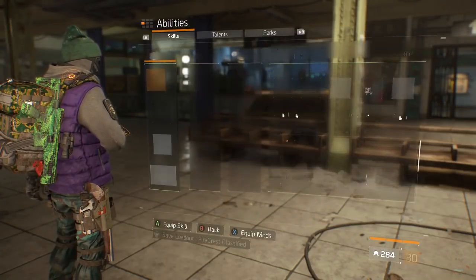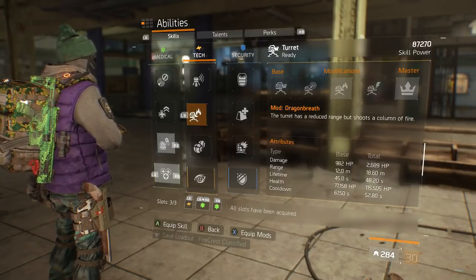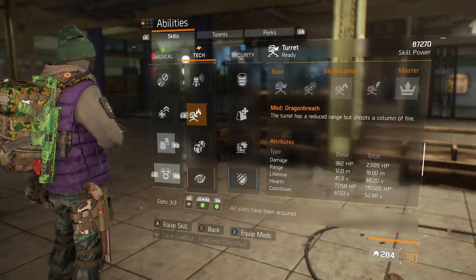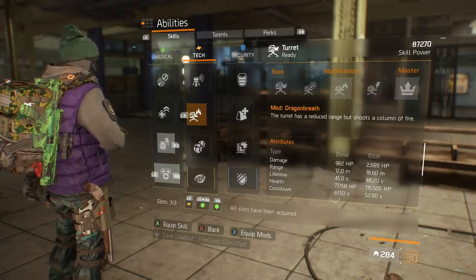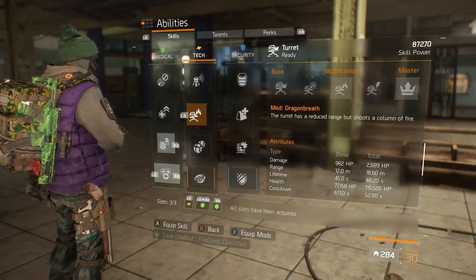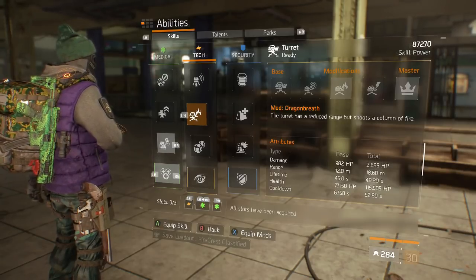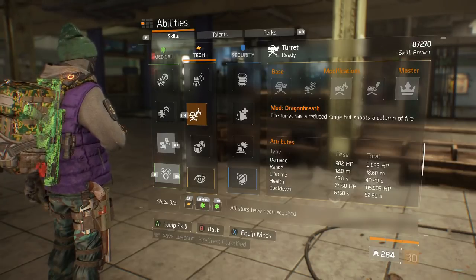So yeah, as you can see with the turret, I've got a 48.2 second lifetime with a 52.8 second cooldown, which means that there's 4 seconds between the turret dying and me being able to put one down. 4 seconds isn't very long, but when you take into account things such as strike back or triage, and even